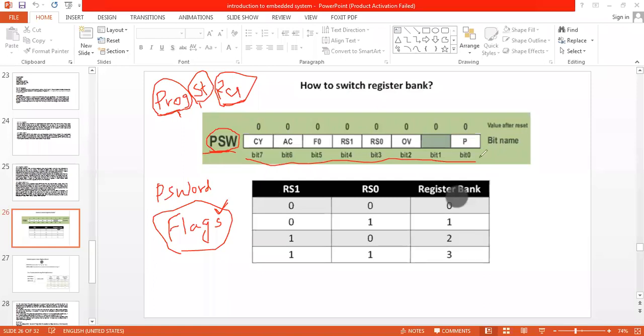In what terms, and how are they affected? Let us see that. I will go from left to right. Bit 7 is the MSB, which is CY, called the carry flag. I think you have all come across these flags in CO, and you know the operation also. So when is the carry flag equal to 1?